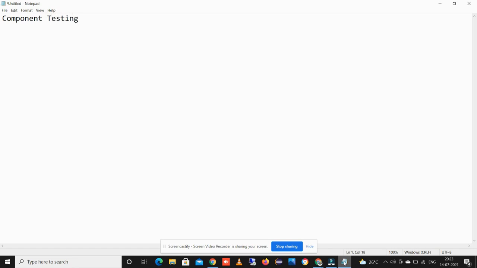As we know, the component means the small units, and if we are going to test with component testing, it also stands for unit testing. In component testing, we are going to test some of the components, the small modules in the application. This is basically done at the code level. In this, a small piece of code is tested. Here, component means the small units.